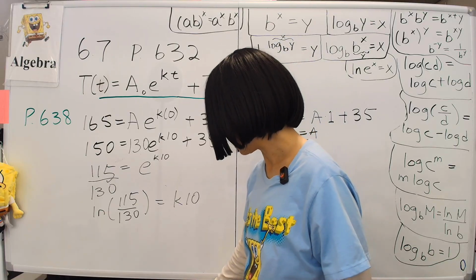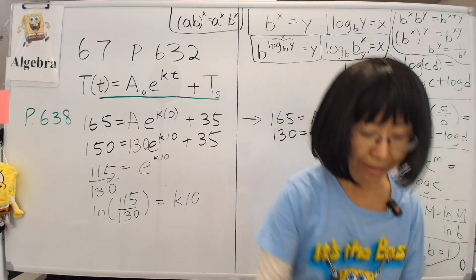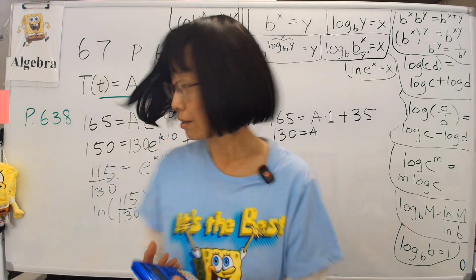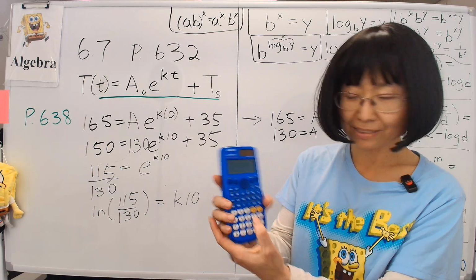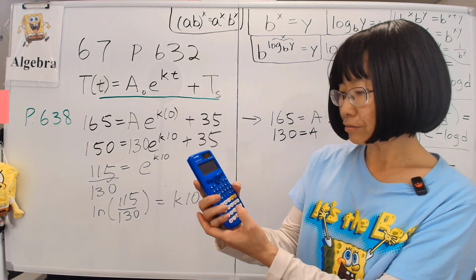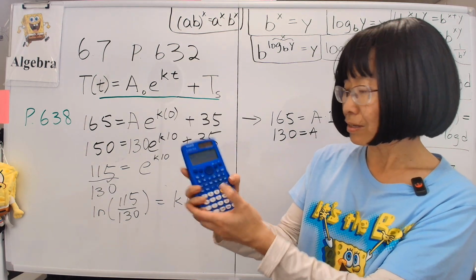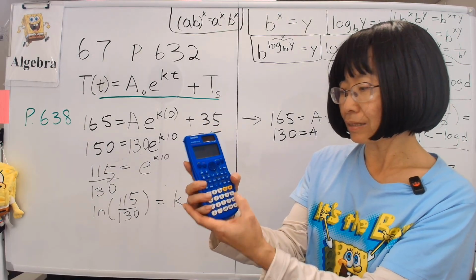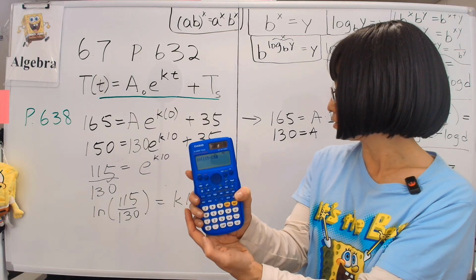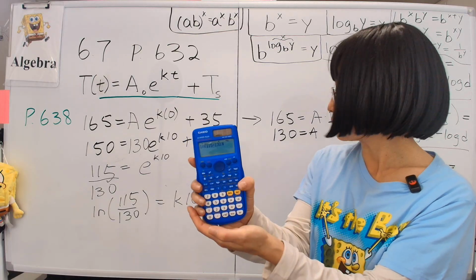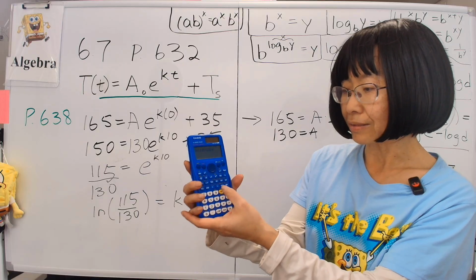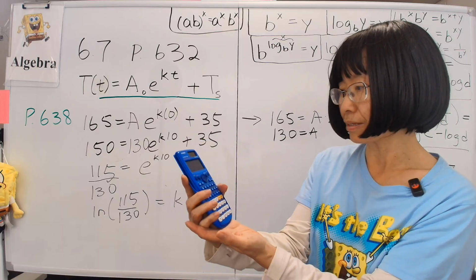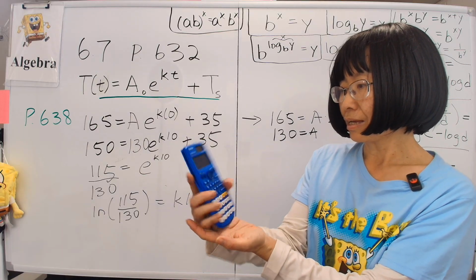So let's do that right this second, after I find my calculator. I'll stand over here so you can see what we're doing. That's a fairly straightforward problem. We'll take the natural log of 115 divided by 130, close the parentheses, and then divide by 10, and that should be equal to something. That looks okay. It equals negative